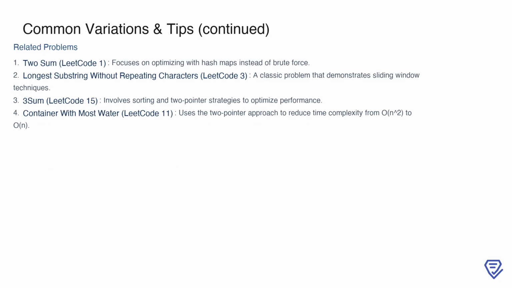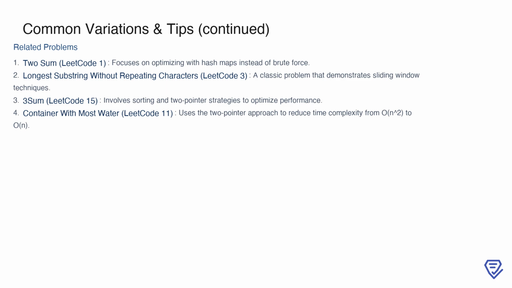Some related problems can help you practice and reinforce these techniques. For instance, TwoSum on LeetCode uses hash maps to optimize performance over a brute force approach. The longest substring without repeating characters problem demonstrates the power of the sliding window technique for substring-related problems. Another classic is 3-sum, where sorting and two-pointer strategies are essential for improving efficiency. Finally, the container with most water problem is another excellent example of the two-pointer approach, reducing time complexity from O(n²) to O(n). Studying and solving these problems can help you recognize patterns and refine your ability to apply the right